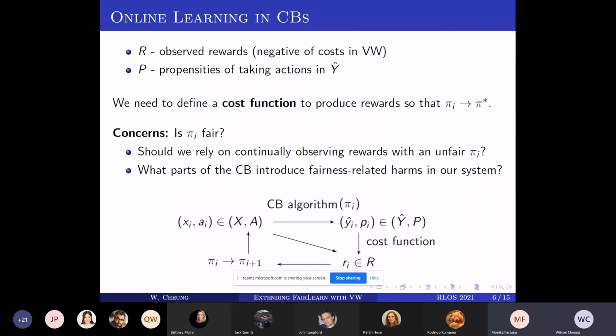So our goal in this project is twofold. We're trying to identify specific parts of the contextual bandits that would influence this introduction of fairness and unfairness inside our system, and how we can better assess fairness in an offline